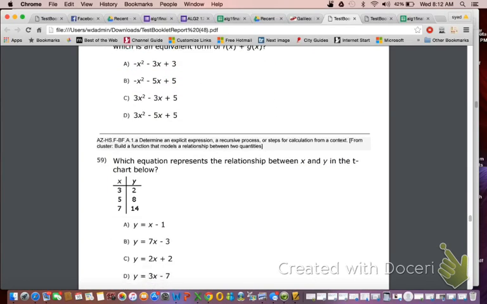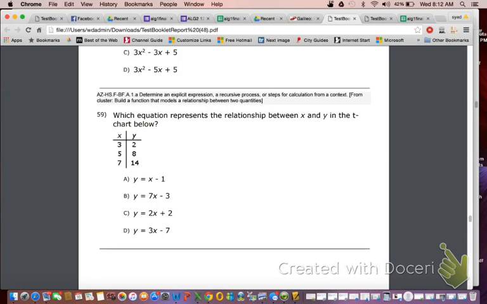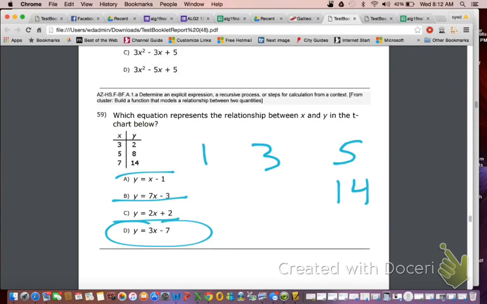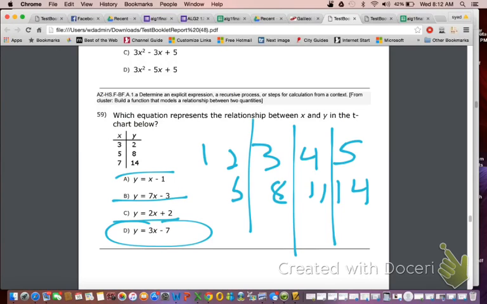The easiest way to do it is, okay, look, every time we go up 2, we're going up 6. So every time we go up 1, we're going up 3. So the slope has to be 3. It has to be that. Right? Because, let's do it this way. This is 14. Right? What I'm saying is this. Like, if I filled in the in-between spots, 14, 11, 8, 5, 2,